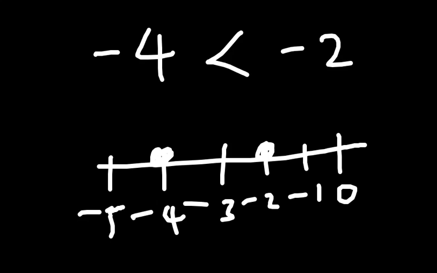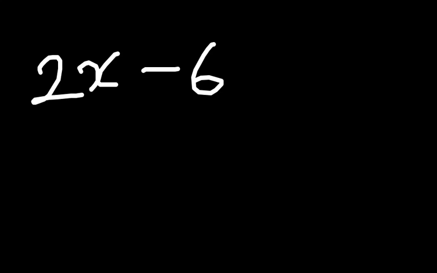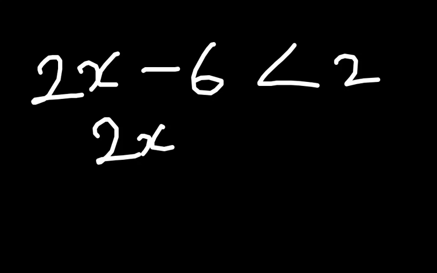Now let's take this into a proper example to be able to solve an inequality. A typical linear inequality will be this: 2x minus 6 is less than 2. If you know how to deal with linear functions, we can just go ahead and solve this like a typical linear function. In solving a typical linear function, what's the first thing to do? We collect the common terms. So we have 2x less than 2